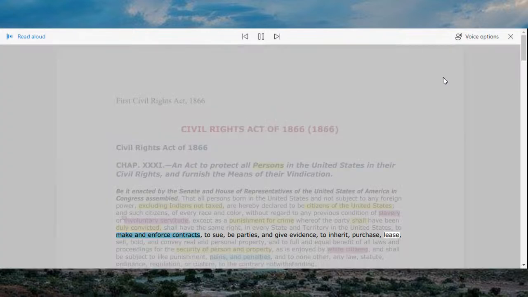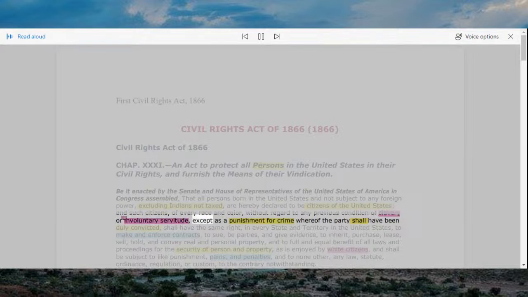Purchase, lease, sell, hold, and convey real and personal property, and to full and equal benefit of all laws and proceedings for the security of person and property, as is enjoyed by white citizens, and shall be it enacted by the Senate and House of Representatives of the United States of America in Congress assembled, that all persons born in the United States, and not subject to any foreign power, excluding Indians not taxed, are hereby declared to be citizens of the United States, and such citizens, of every race and color, without regard to any previous condition of slavery or involuntary servitude, except as a punishment for crime whereof the party shall have been duly convicted,